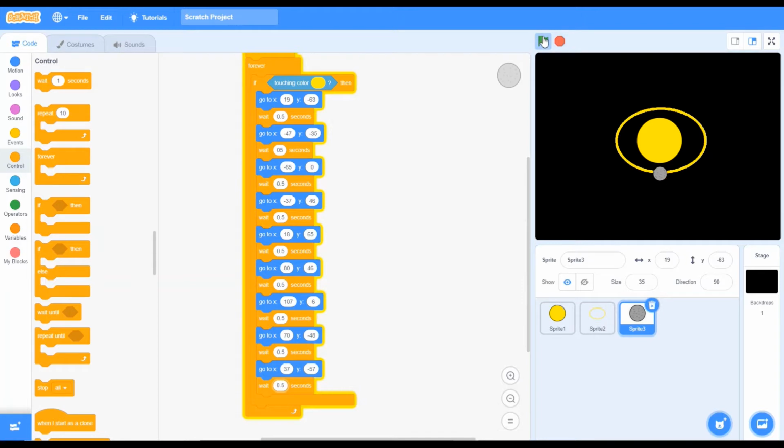wait a minute. What's happening? Why is it not going? Yes, it's going now. Oh, actually, wait a minute. I think I have made a mistake here. Actually, I have to keep 0.5 now. Again, let's start. See, the orbit of Mercury is so fast, it's really looking like it's orbiting around the sun, but actually the code is helping it to move. Okay. So friends, here is the animation.